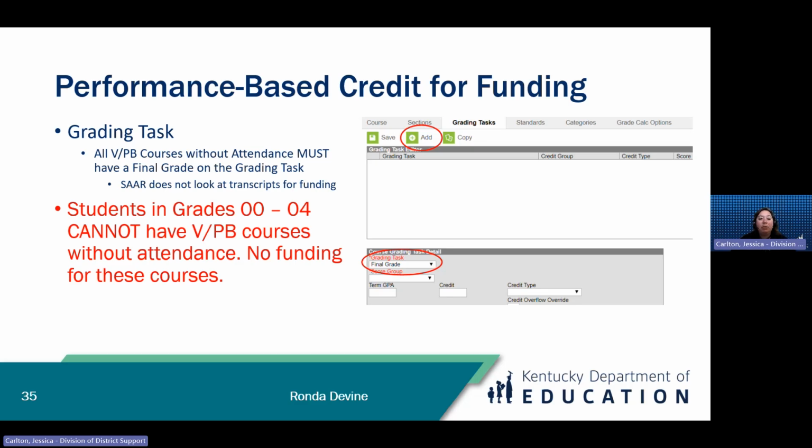Once again, reminder, students in grades kindergarten through 4th grade cannot have performance-based courses. We ran into this at the very end of the year doing SAR. We caught it when it came in. On your record V, which is your performance-based courses on SAR, we had a district with attendance in their grades kindergarten to 4th grade. And we had to reach out and say, hey, you've set this up incorrectly. Luckily, they were also taking attendance through another platform, and they could go back and backfill that blended learning group attendance. So they had it somewhere else. But I just want to make sure everyone understands grades kindergarten through 4th grade cannot have performance-based course funding.